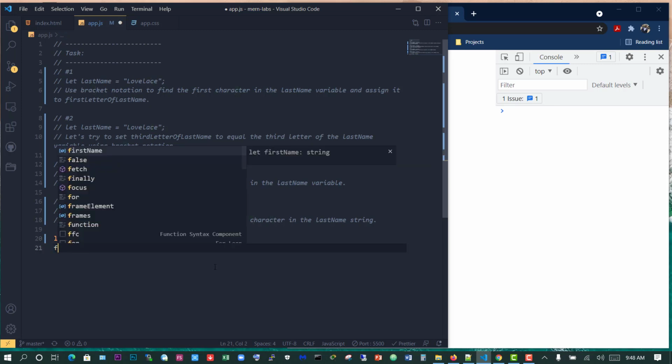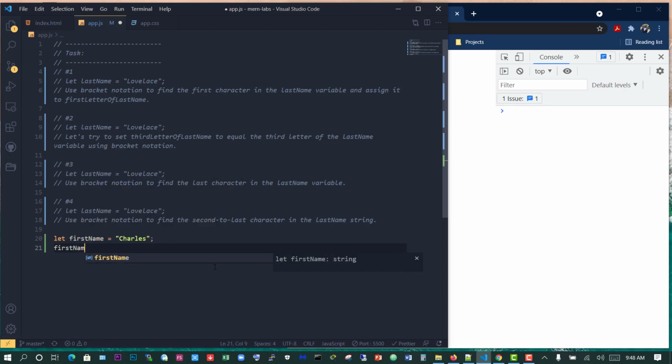We're going to do this and say firstName, and we'll use the square bracket, and we're going to put 0. So 0 represents the first character in JavaScript. So in this case, we're going to expect an output of capital letter C. So let's try that out. Put it directly in the console. So console.log